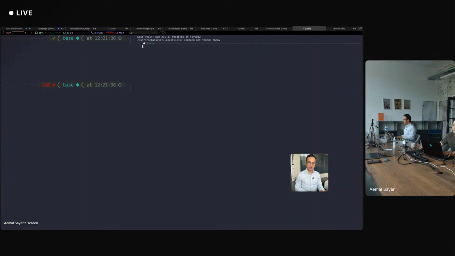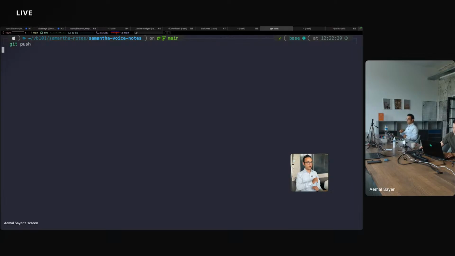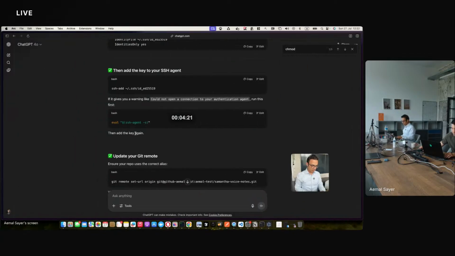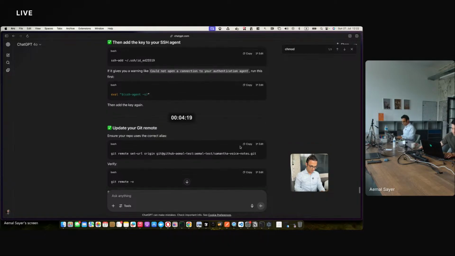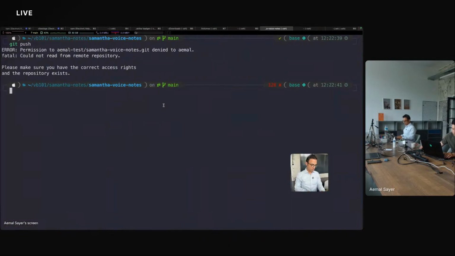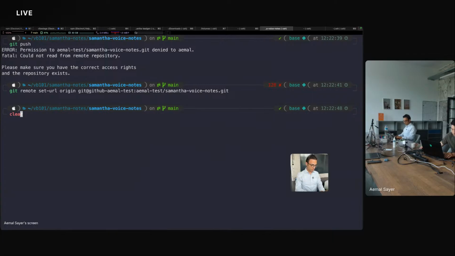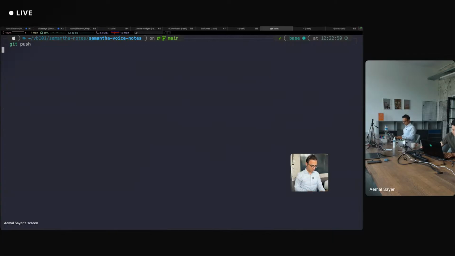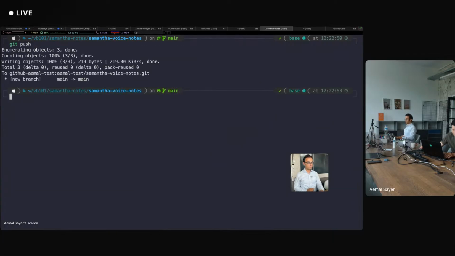Their identity also added, and this time it's gonna work. 3, 2, 1, go. No. Clear cache. There we go. We did it. And now git push is basically